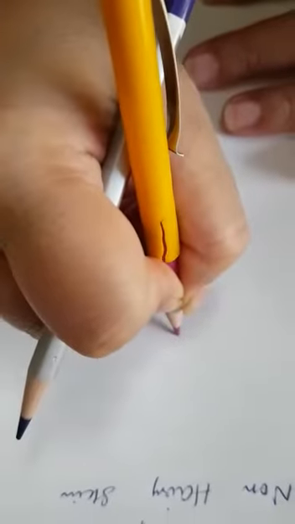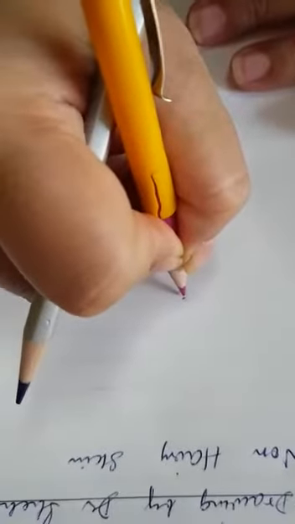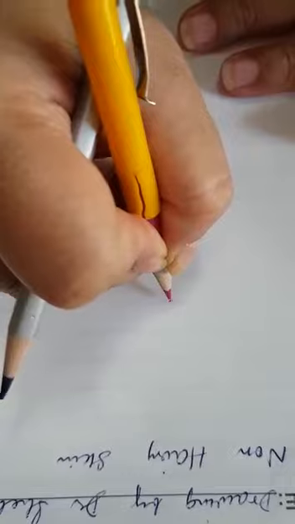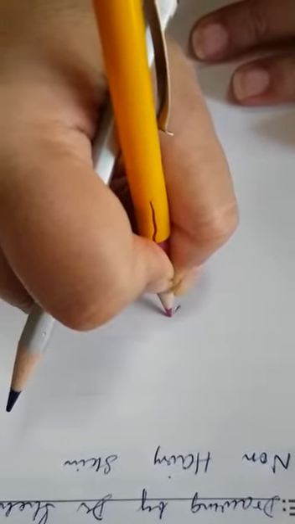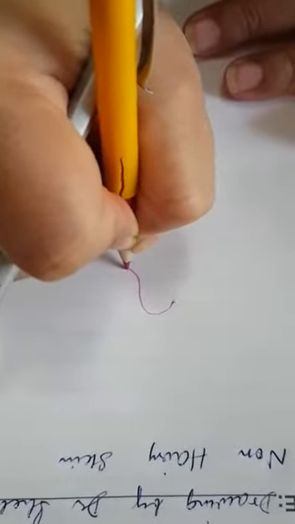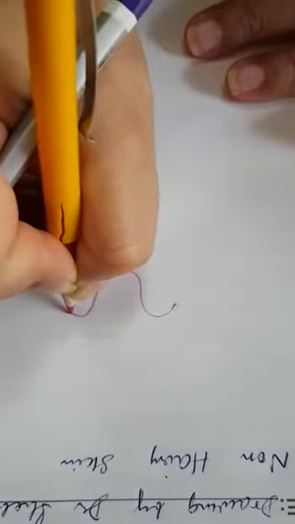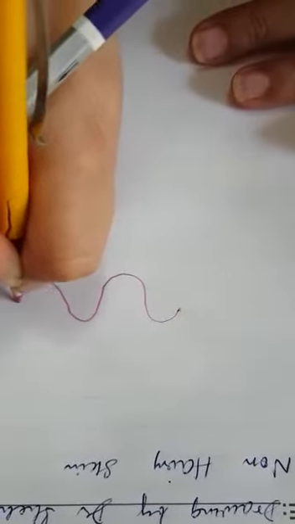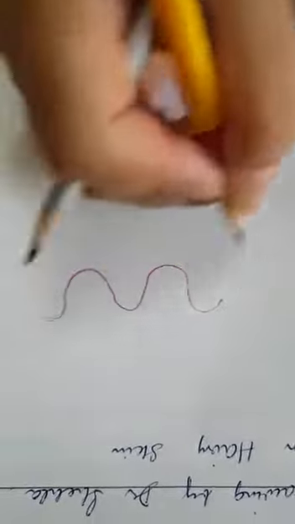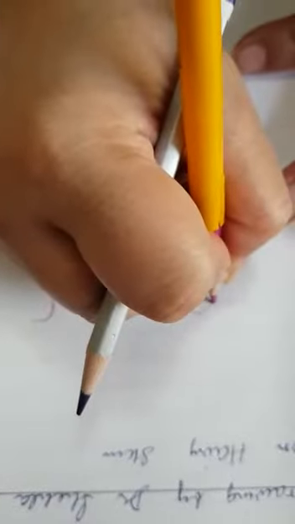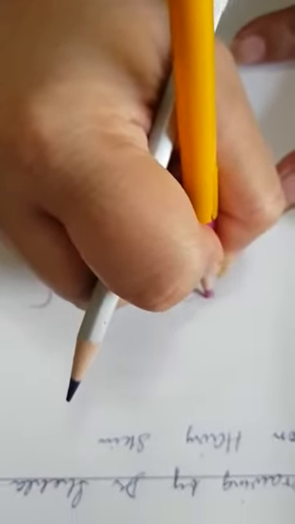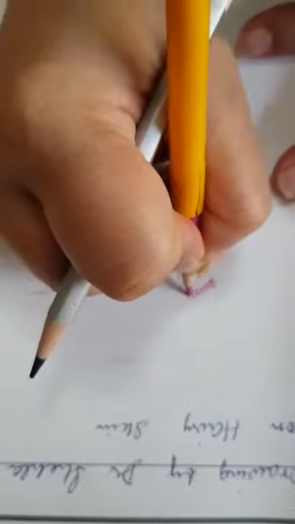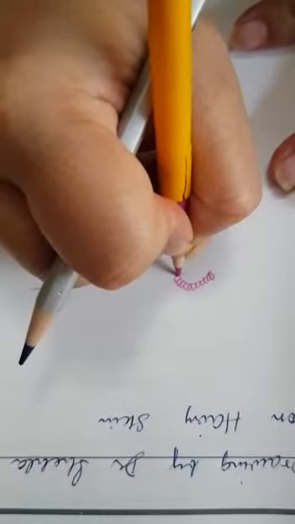Basic practicals. Your first practical is of stratified squamous keratinized epithelium. That is, in epidermis there is stratified squamous epithelium. For that you will draw this stratified squamous epithelium in the form of these papillae, which are known as dermal papillae, and just above the basement membrane there is a layer of low columnar cells.